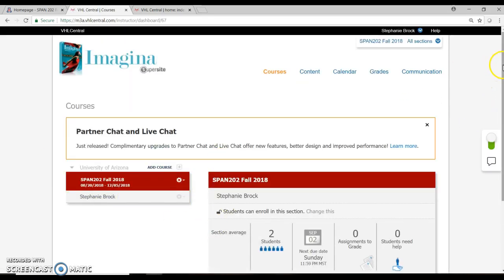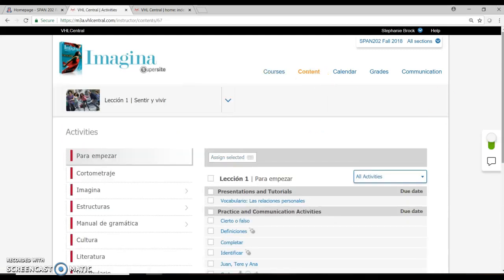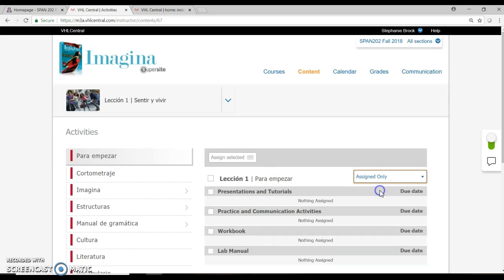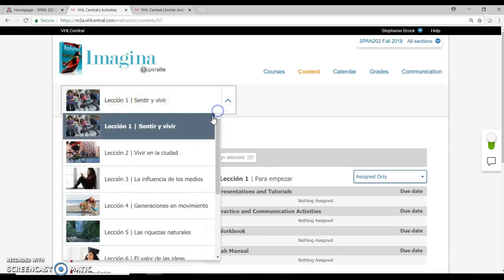This is what it should look like when you go to the homepage for our course. You'll go to Content Activities, and you'll go to the ones that are assigned for us.